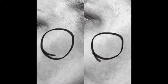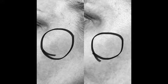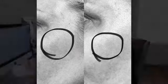I used this for several weeks, and I definitely did notice an improvement in my pigment. I specifically used it right in this area on an age spot that I find to be particularly tough for me. I've used skincare on it, and it's a resistant sunspot, honestly, age spot. And I did use this diligently, and it absolutely did lighten that age spot. So this is using light, driving it into the skin. The pigment in that sunspot is absorbing the light, and it gets converted into heat, and slowly over time,